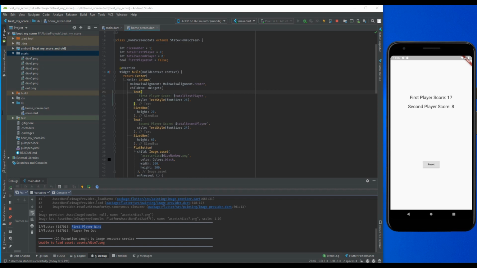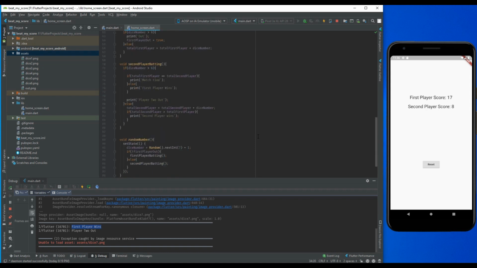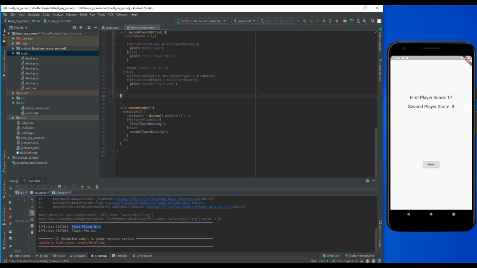So for the dialog box, first we have to create another method for the first player out dialog box. So for that, create another method, void show first player out dialog,